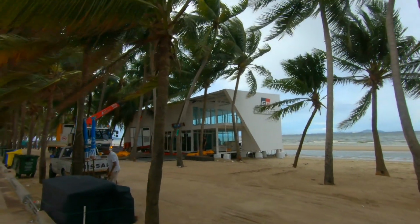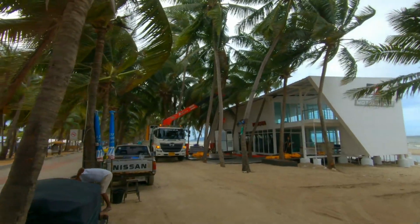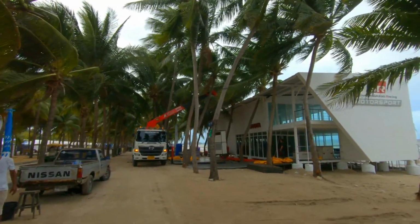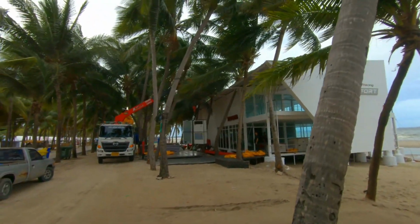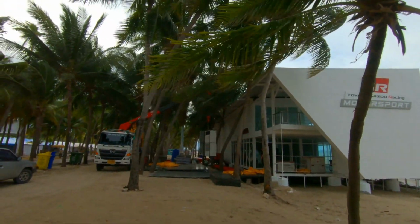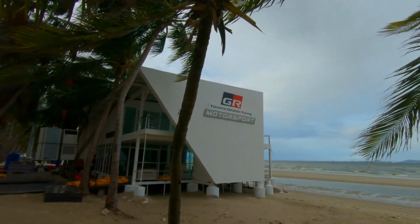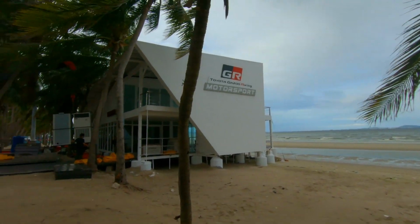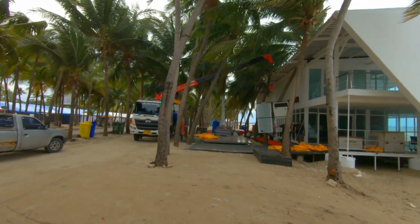The whole building basically is a prefab structure made out of steel. Different pieces arrived on trucks, and they basically just bolted it together. They did put in first these concrete pylons, piers, whatever you call them. They put in the sand because it is right on the beach. If you get a real high tide, the waves could actually maybe hit this building. But they put in those concrete pylons, and then they just put the I-beam frame down and a floor and